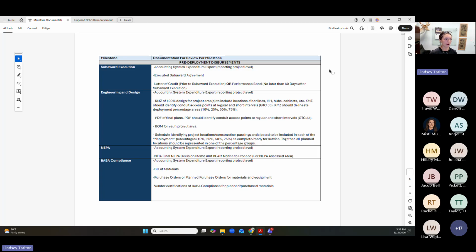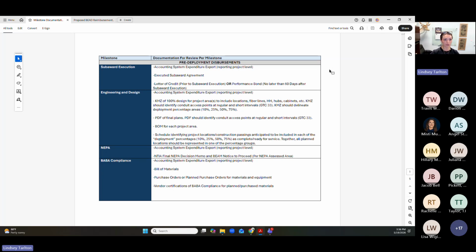But we just need to be able to tie back all expenditures to the reporting project that you're being reimbursed for. At the time of milestone reimbursement, we're not going to be going into each individual invoice or substantiating payments at that time. We just need to see the total cost charged to the project at the time of milestones. When we get into expenditure reviews and sampling processes, that's going to be during our quarterly desk review process that we've mentioned before. And we'll have another webinar that goes a little bit more in depth into what that process is going to look like to substantiate those costs.